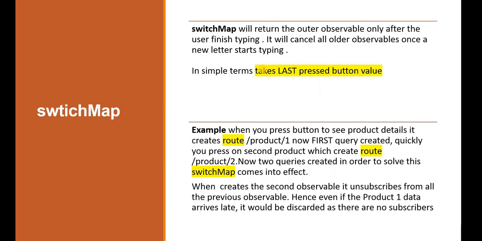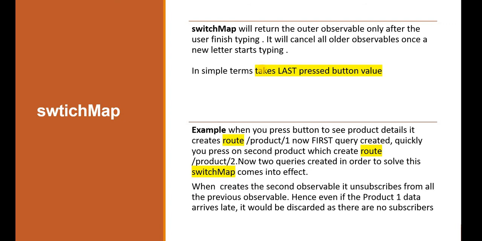Switch map. So guys, what is switch map? Before I go to the definition portion, I want to give you a small scenario. Suppose you have a button and you are hitting the submit button again and again, pressing the button like 10, 20 or 30 times, and you want the last clicked button value in your code, right? You need the last value. So here the switch map functionality comes in.